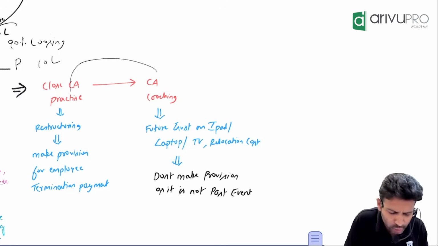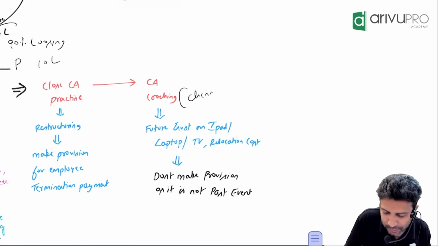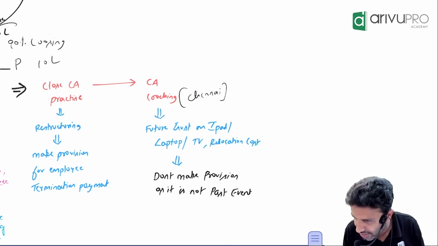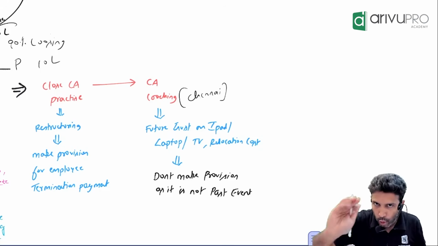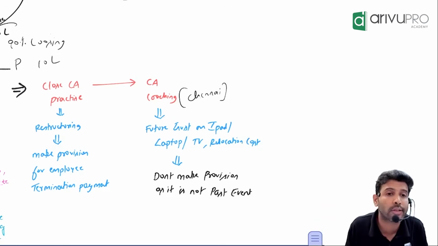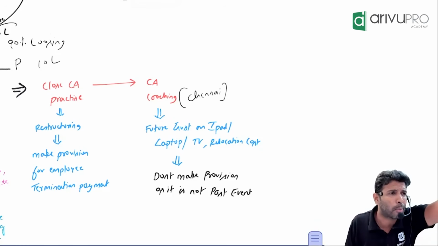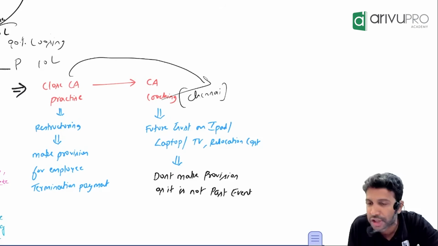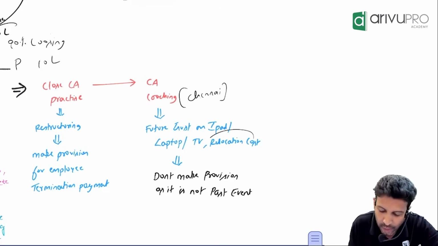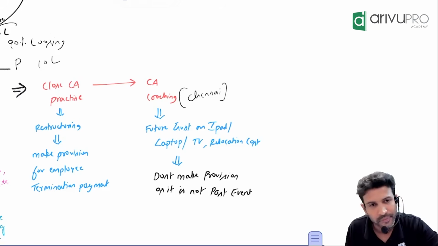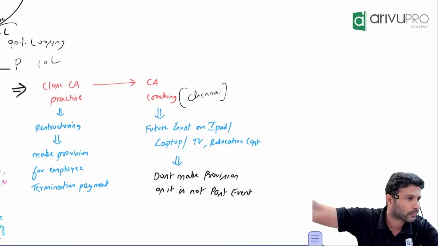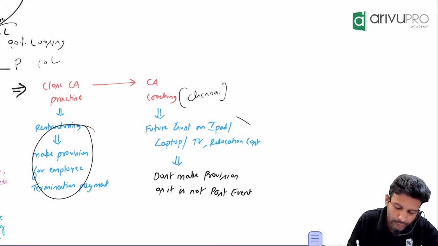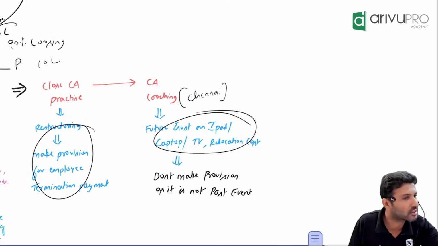Now, I decided that let's open a CA coaching center in Chennai. That's my business. To open this coaching center, I have to incur a lot of cost. What all cost have I given here? Laptop, iPad, and I have to relocate from my Bengaluru location. I have to shift it to Chennai. So that means I'll incur relocation cost. That means I have two categories of cost here. One, my existing employees, I have to pay them some compensation. And for the new business, I have to incur some cost.